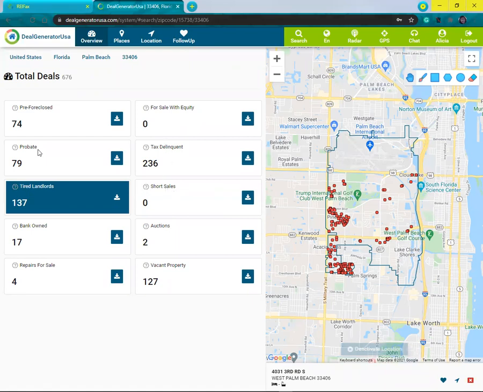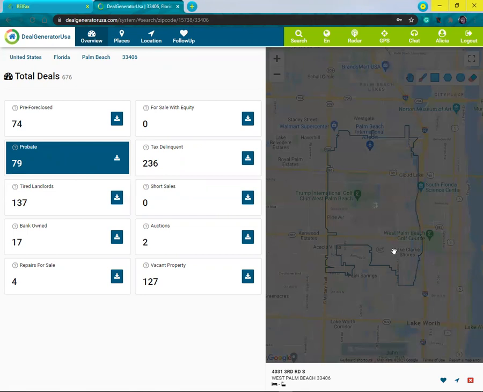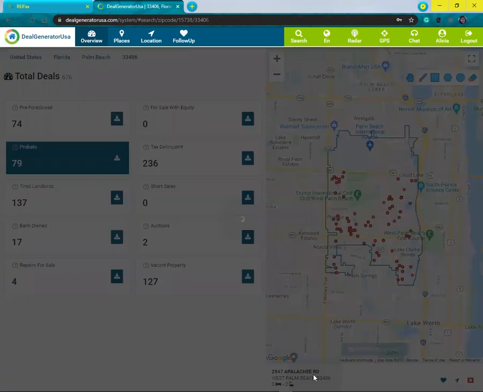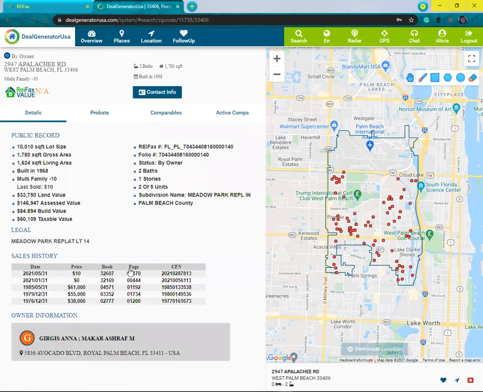Let's go to probates and see one of the properties here, the overview. As I said, when I click on one of them, the information appears down here. I click on it and that will take me to the overview. As I said, this is the probate. So now I have a probate tab here with the probate information. I also have up here a button for the contact information. So if I click on it,